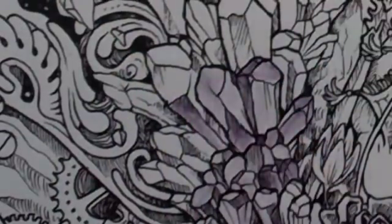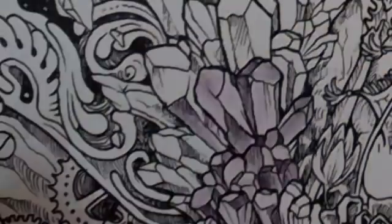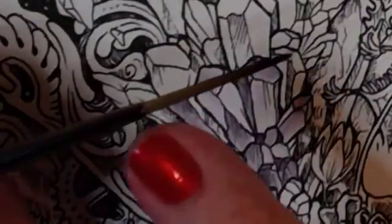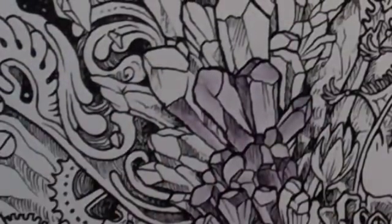And we're working just barely damp. We don't want to be too wet because we don't want to buckle our pages. So we're dunking into the water gently, and then we're twisting and drawing back over a baby wipe, twisting to a point to get a nice point. So the idea is the brush is barely damp, all the way we have a point, and then we can pick up the colour,